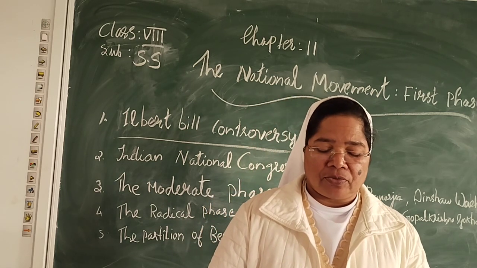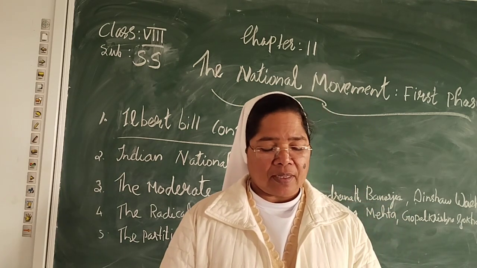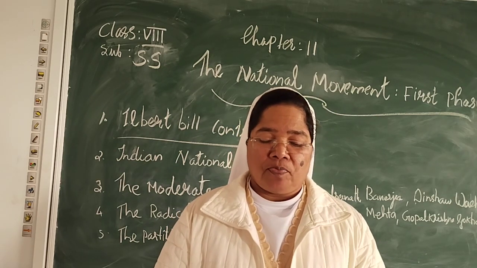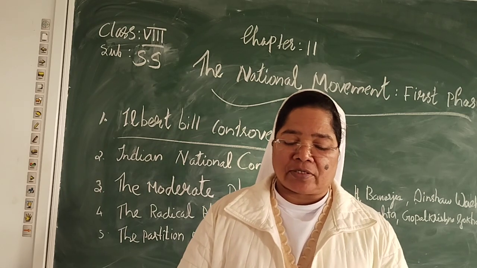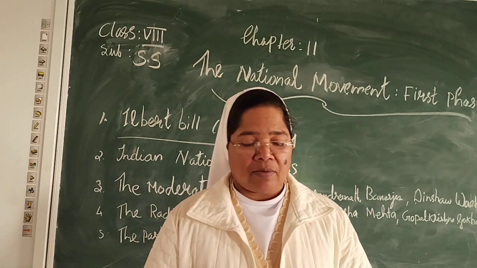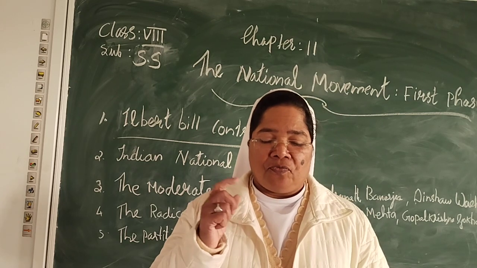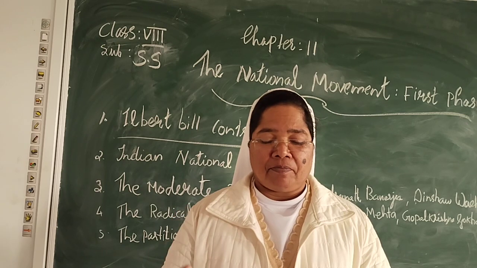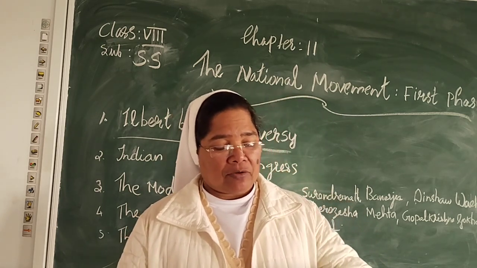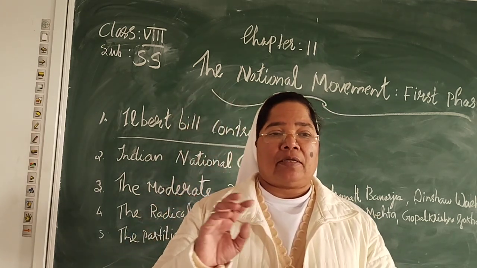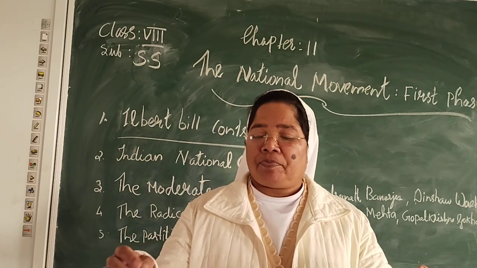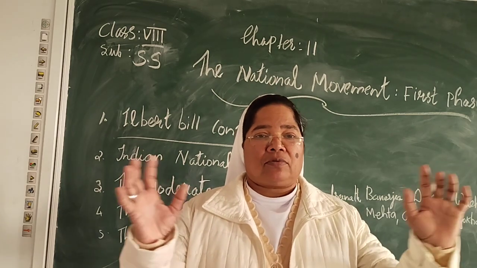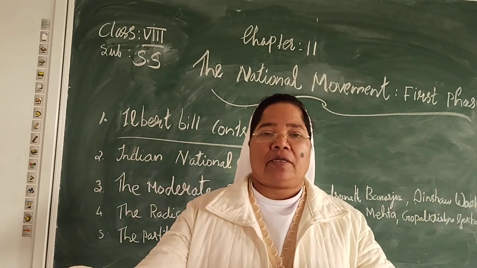The day the partition took effect was observed as a day of mourning, a day of crying. No business was conducted in the Indian province. The national movement, instead of weakening, became more organized, radical, and mass-based. The British did not expect it, but the people were mourning and crying because they had lost their strength. That is why the Indian people were mourning.